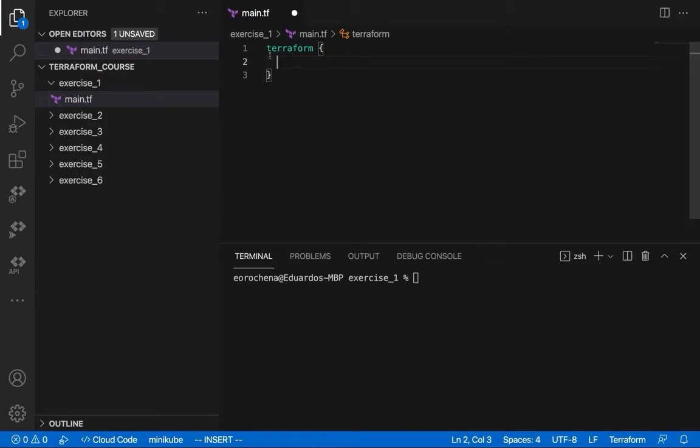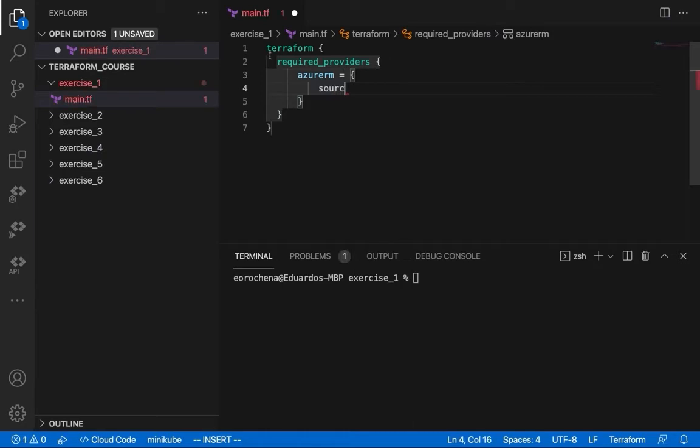Terraform required_providers. Azure RM. And the source is going to be HashiCorp Azure RM. The version will be equals 2.46.0. That's the version I'm going to use